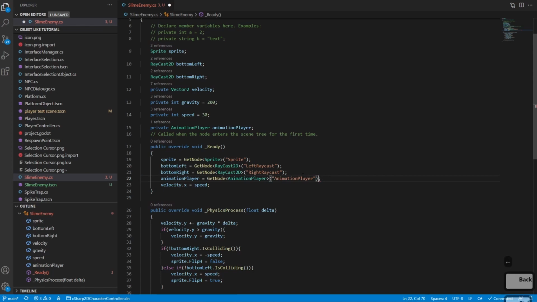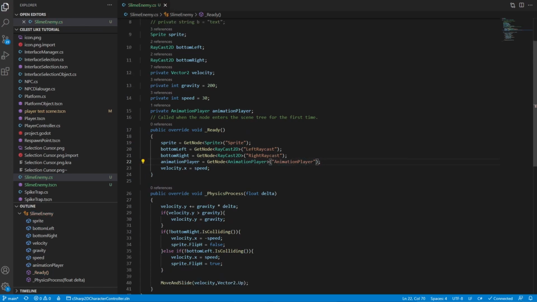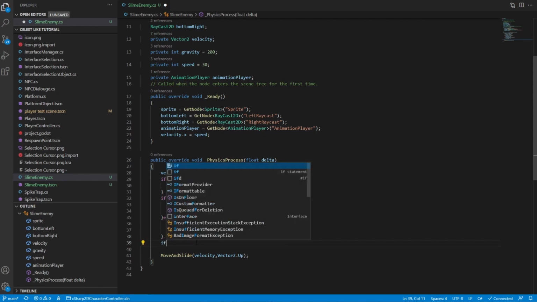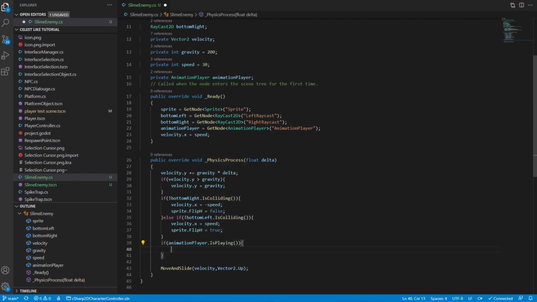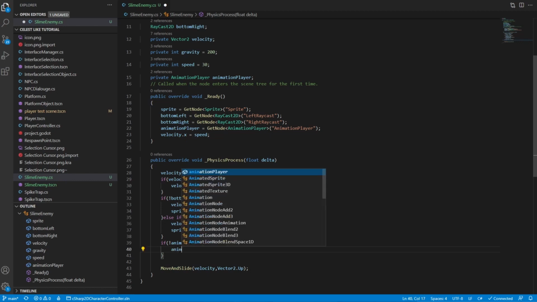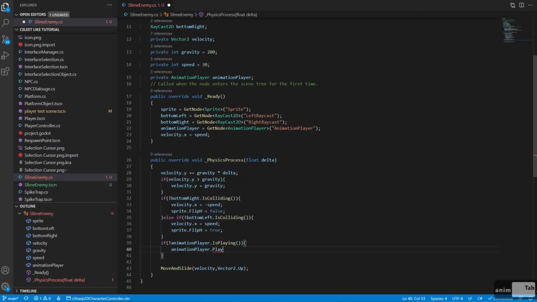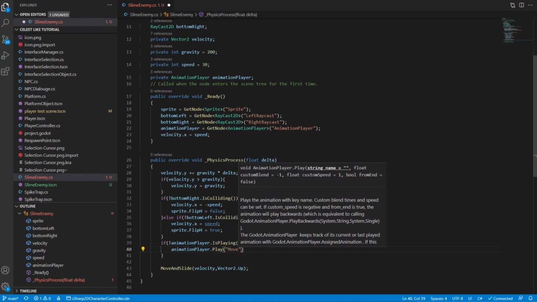Animation player. All right, so that should allow us to get access to the animation player. We'll go here: if animation player dot is playing, and we want to say if not, actually, because I did if. Then we want to go ahead and play our animation, because we don't want to play our animation if it's already playing, because then it's just going to overwrite our previous animation that it's playing. And I want it to finish the animation before it continues playing it again, right? So we now can say animation player dot play, and we can do our move animation.